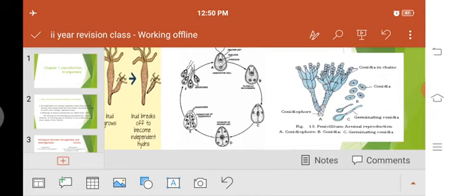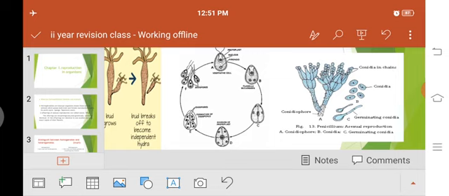Okay, then next is Penicillium. As I told you, Penicillium is one of the fungi. And we know that the entire plant body of the fungi is called the mycelium. Mycelium is nothing but a group of fungal hyphae. And you know that a fungal hypha is a long elongated cylindrical structure. It may be either septate or aseptate.